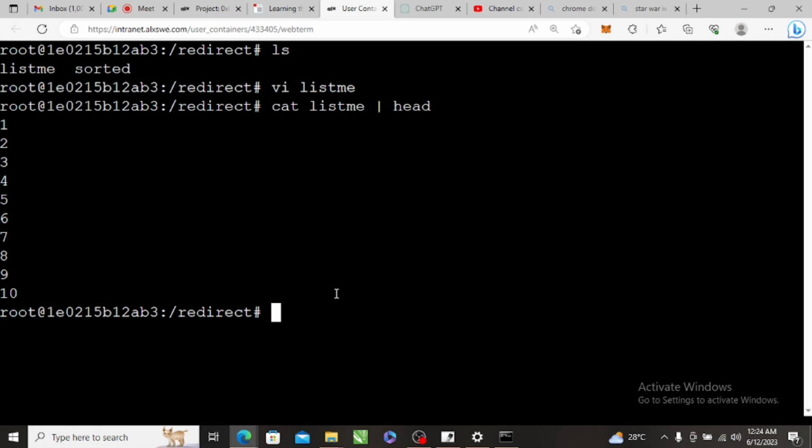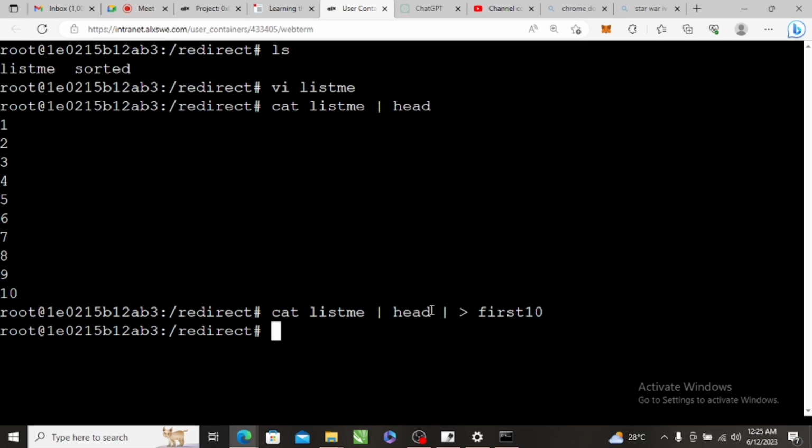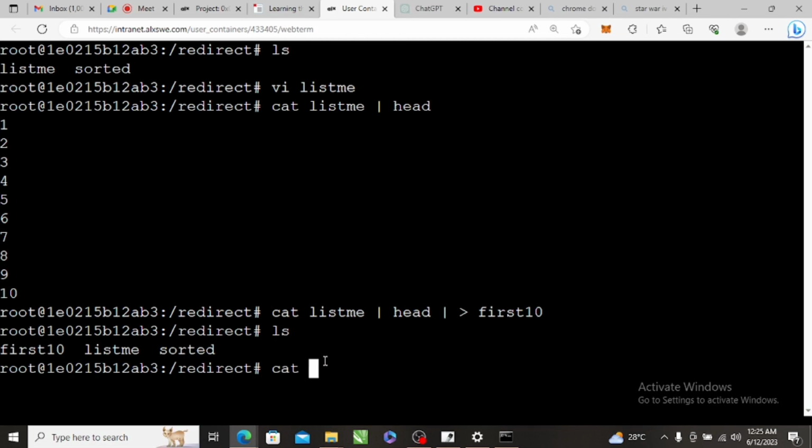I can also do it like this and say display the first 10 and then redirect it. To redirect, I will pipe it and then redirect it to a file called first10. I don't know if this one will work, but let me try it. Okay, when I list it, I have a file called first10. If I check what is inside first10,